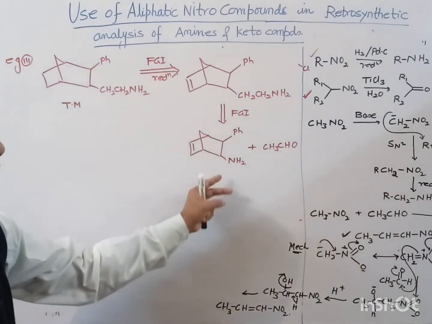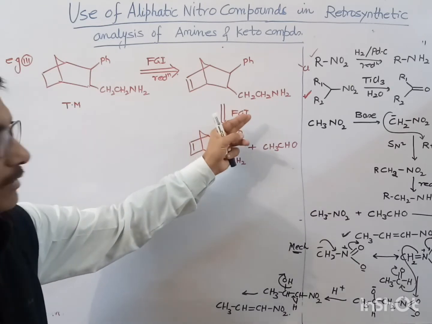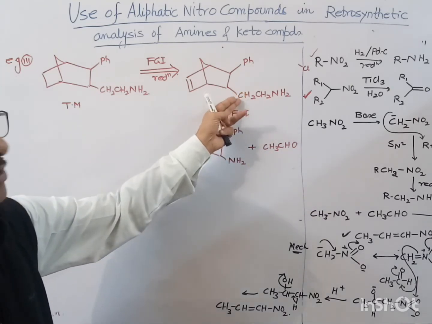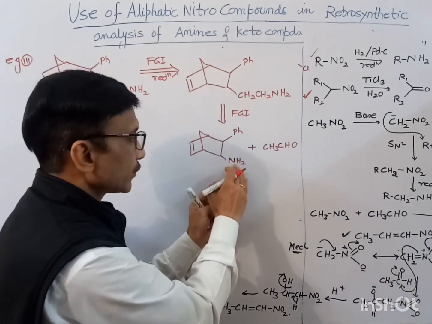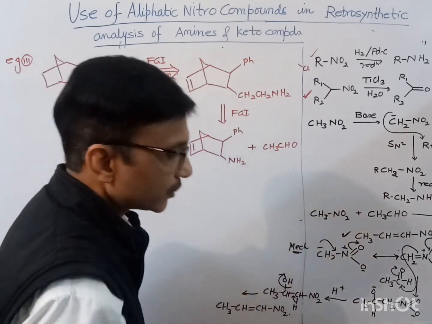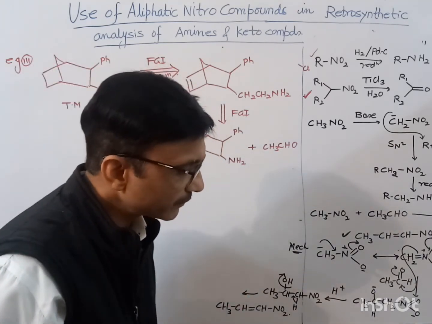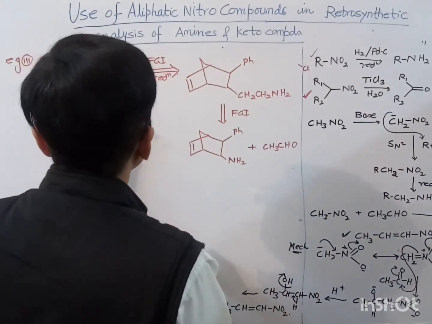Okay. So amine on reaction with aldehyde will give you the imine, on reduction that will give you this amine. Okay, so that's why this FGI is done. So first of all, this amine and this will react to give you the, suppose, so here I have